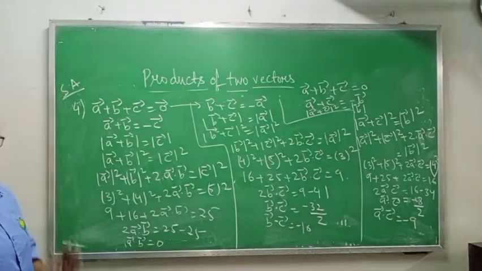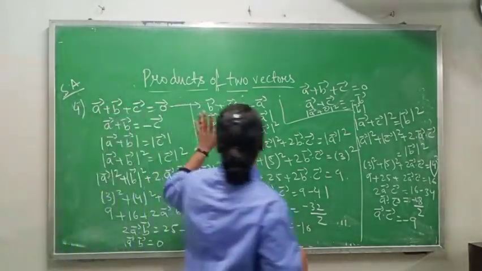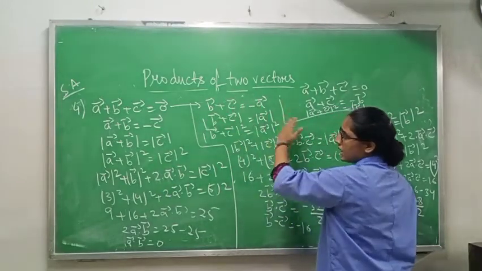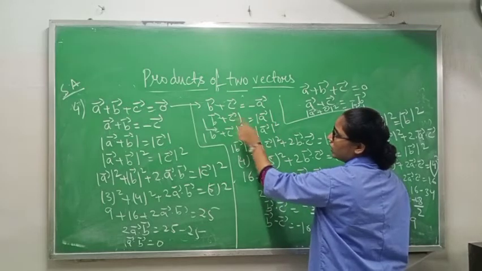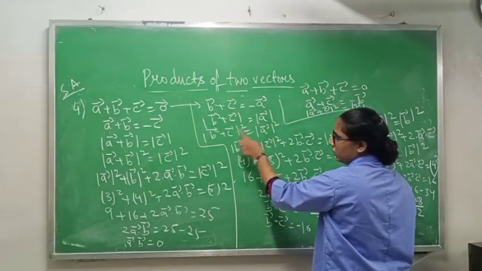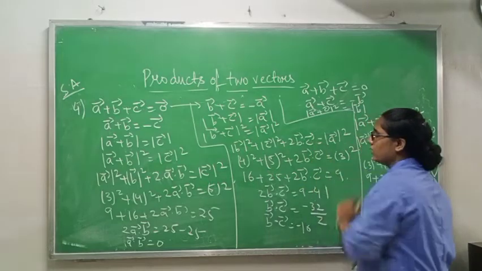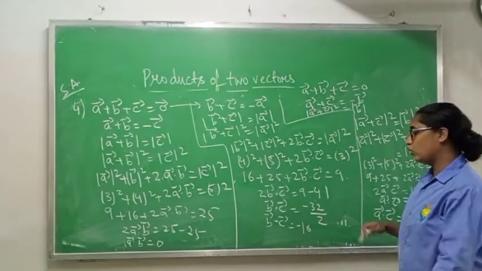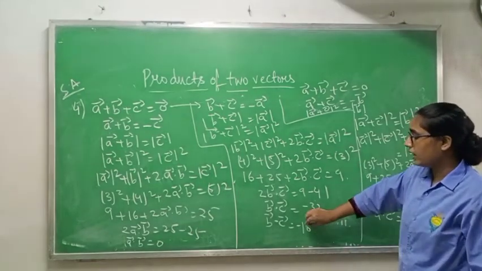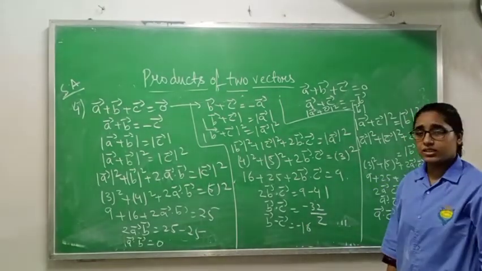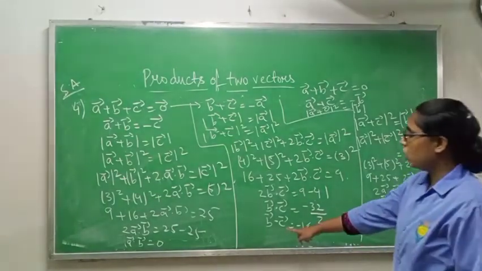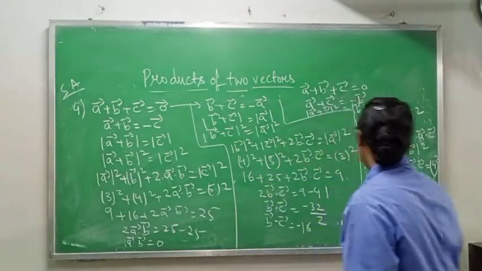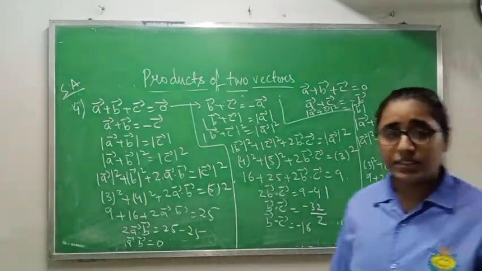Same thing, now we got a vector dot b vector. Now I am going to find b vector dot c vector. For b vector dot c vector, I will keep b and c on this side and take minus a to the other side, so it will become minus. Again I am taking mod on both sides, then squaring both sides, then opening using the formula. And after opening, I am putting the values of a, b and c. After doing this, I am getting b vector dot c vector value is minus 16. Same thing, now we got b dot c vector, and we got a vector dot b vector. Now we have to find a dot c vector, or you can write c dot a vector.